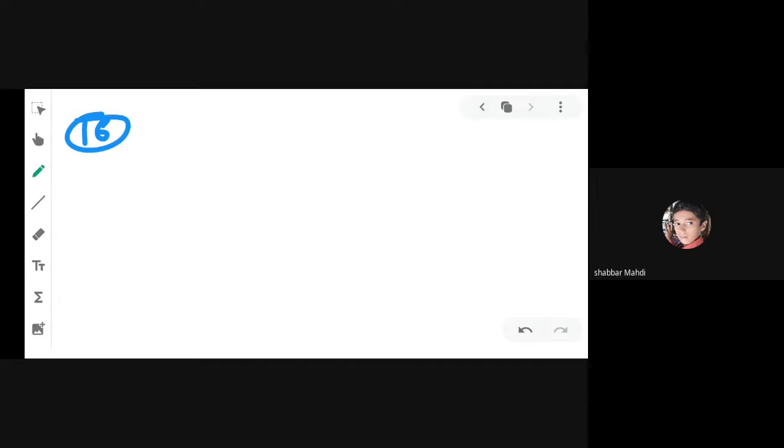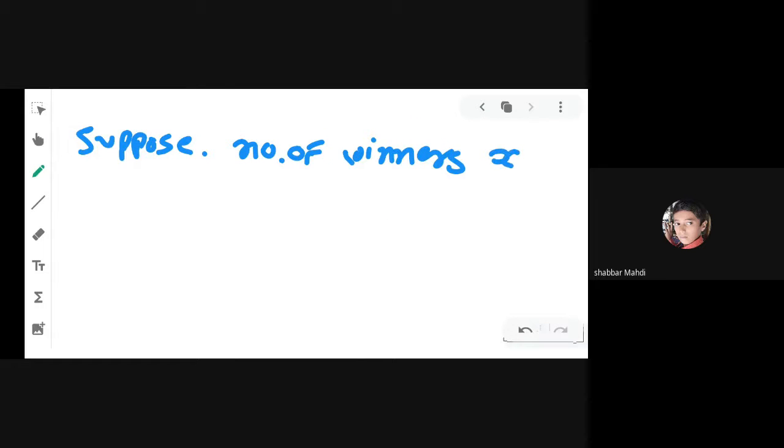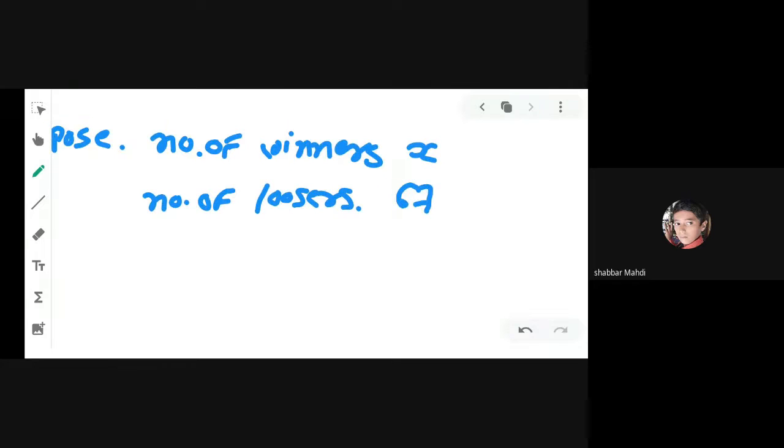Doesn't mean you get 25 rupees as a participant, right? And the total prize money given is 3,000 rupees, and the total number of participants is 63. So here, first we are supposing that the number of winners is equal to X. So we know that the number of losers is 67 minus X. Yes or no?